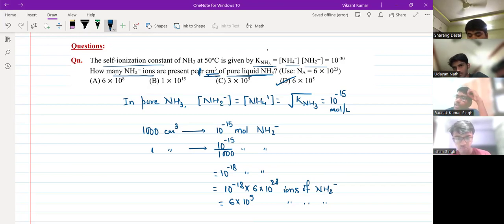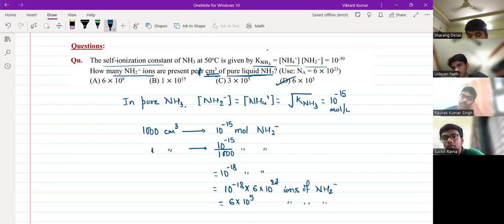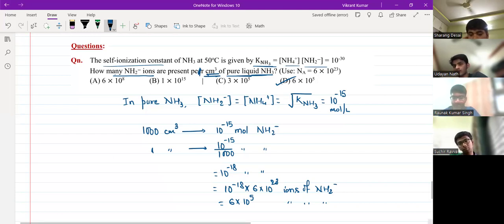We need to take care of the part कि out of कितना वो पूछ रहे हैं ना, and what they are asking, moles या number, वो भी एक problem होगा. ऐसा तो कुछ दिया नहीं था यहाँ पर option में, but if they are asking you in that manner, तो we need to be careful. Moles पूछ रहा है कि number पूछ रहा है, per liter पूछ रहा है, per centimeter cube पूछ रहा है, because by default the concentration is nothing but mole per liter, है ना? So we need to take care of that. चलो एक और क्वेश्चन देता हूँ, ये भी फेमस ही है.